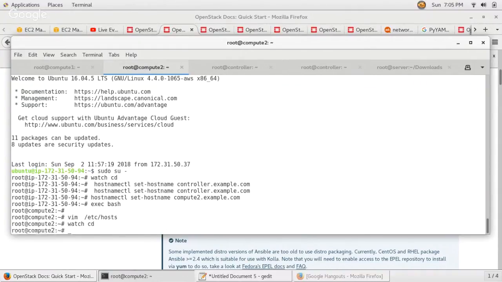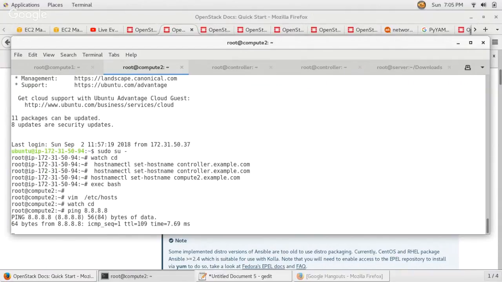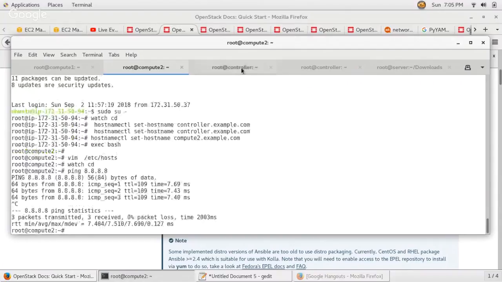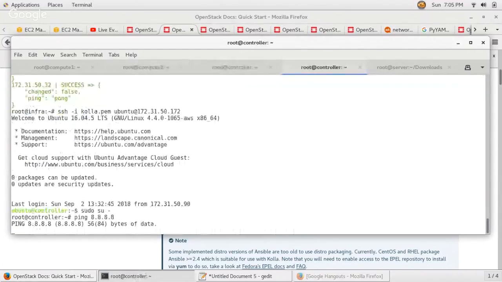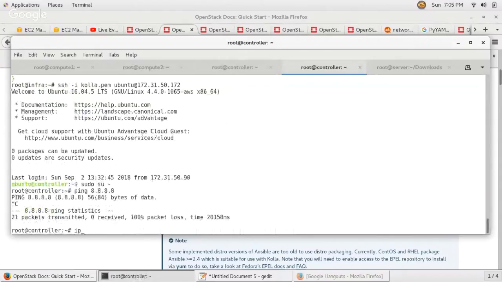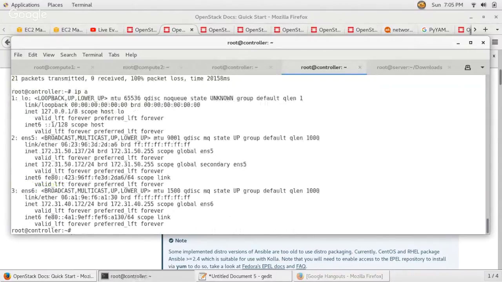There is some issue with the internet on the controller node. We have IPs on both the nodes. So we have wrong IPs, I think. No, we have okay. We load 137